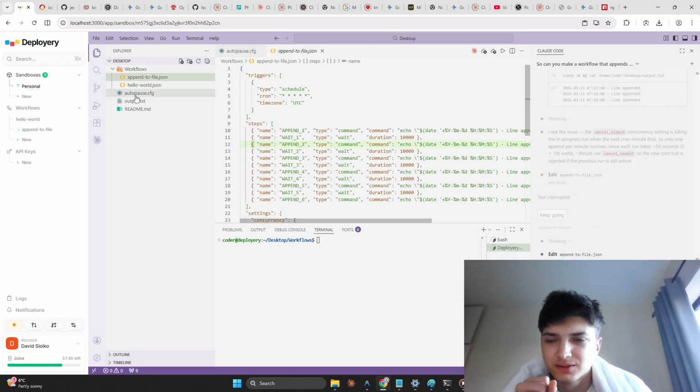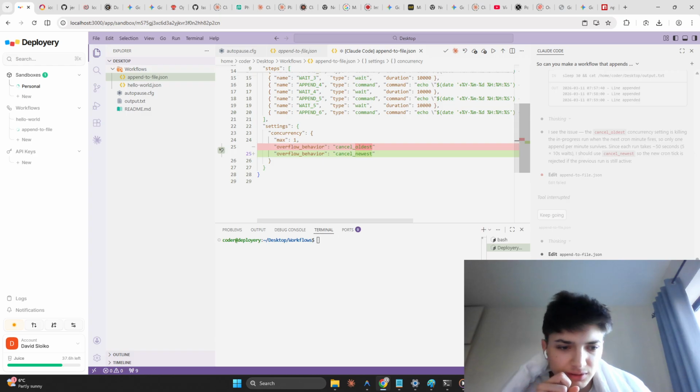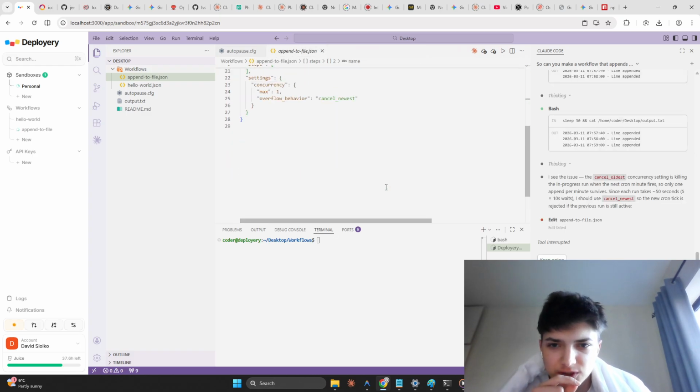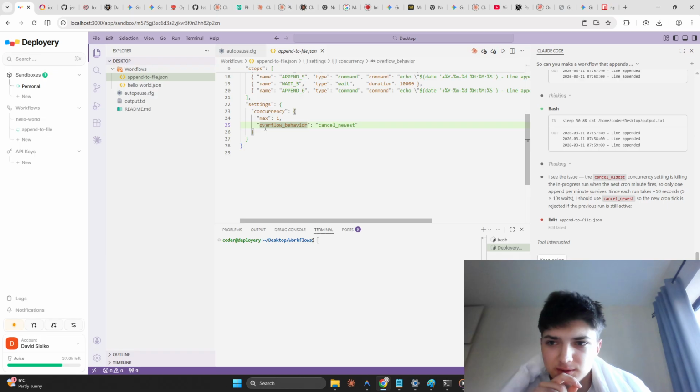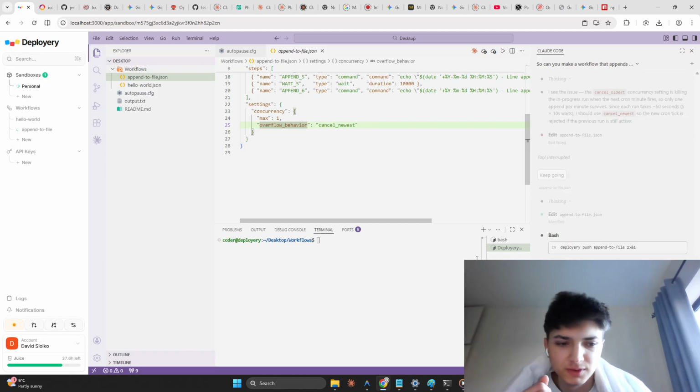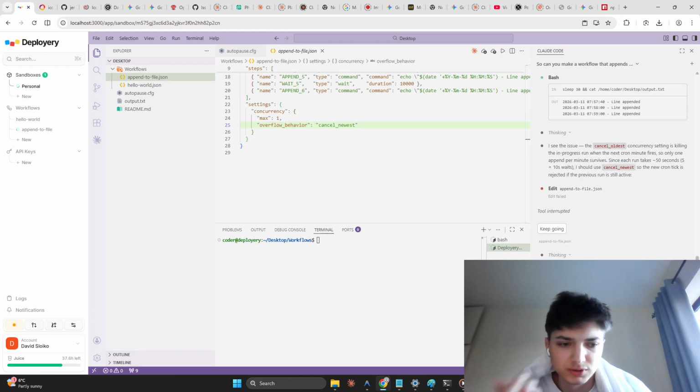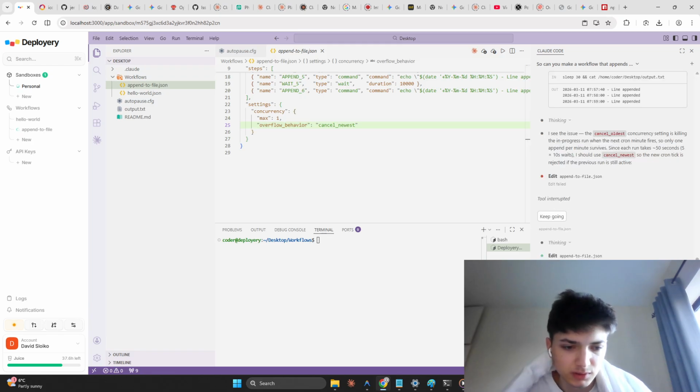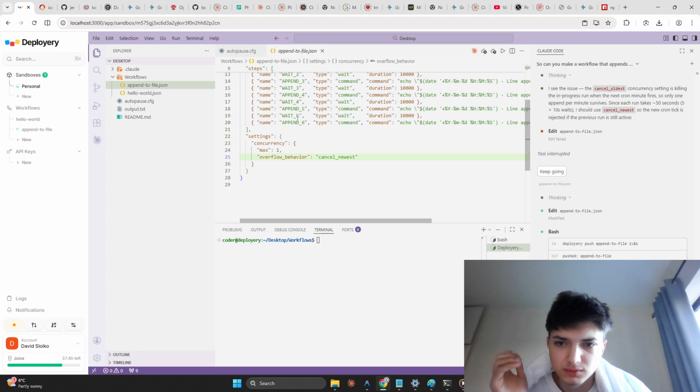So there's the concurrency behavior, which is currently editing, which is just what it's going to do when there are multiple runs in progress. And it decided to set it to 1 and cancel newest.